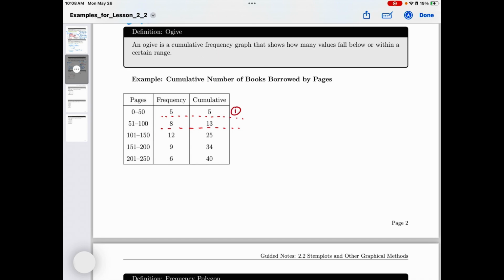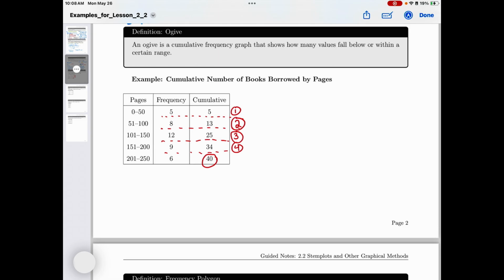each level. So up to class 1, we have a frequency of 5. Up to class 2, everything up to class 2, we would have 5 and 8, which would give us 13. Everything up to class 3, we would have 5, 8, and 12 added together, which would give us a total frequency of 25. And then everything counted up to class 4 would be 5, 8, 12, 9, which would give us 34. And then our final value for the cumulative frequency should be the total number of data values we